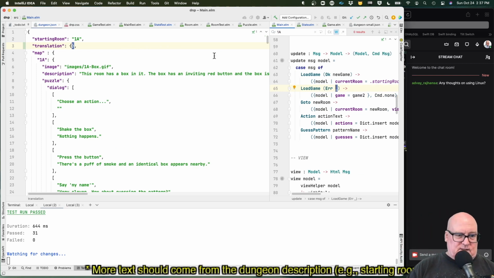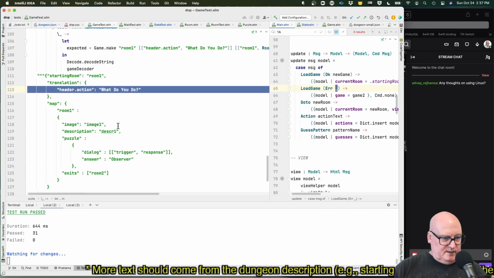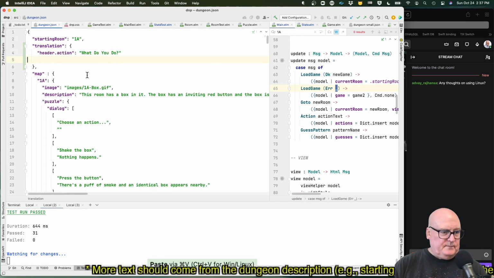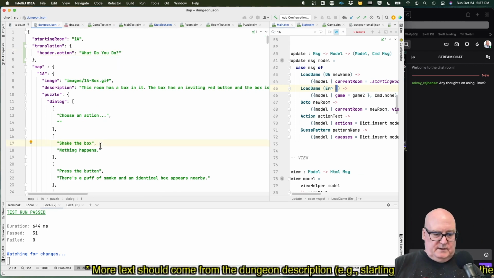So let's see. We had an example in game test, right? Here's starting room, room 1. Translation is some stuff. We'll just take this for now. And it closes that map and it goes to another map. That all looks kind of right to me. Header action, what do you do? Okay. Let's see.